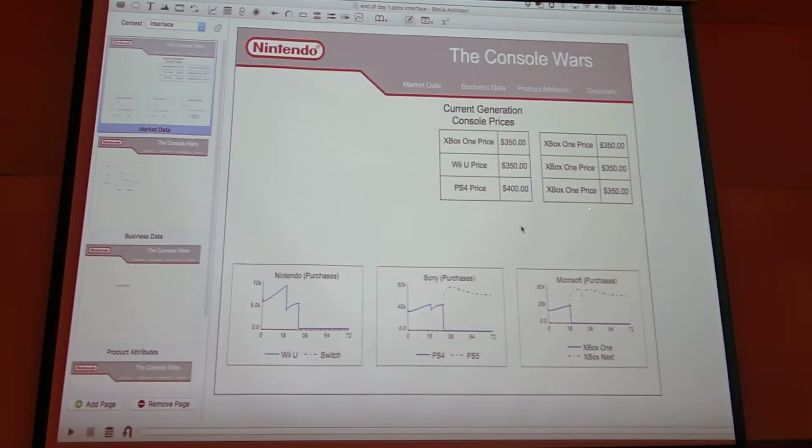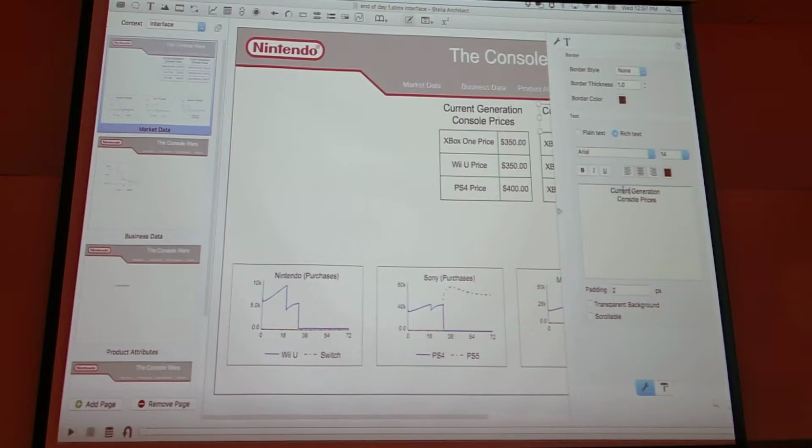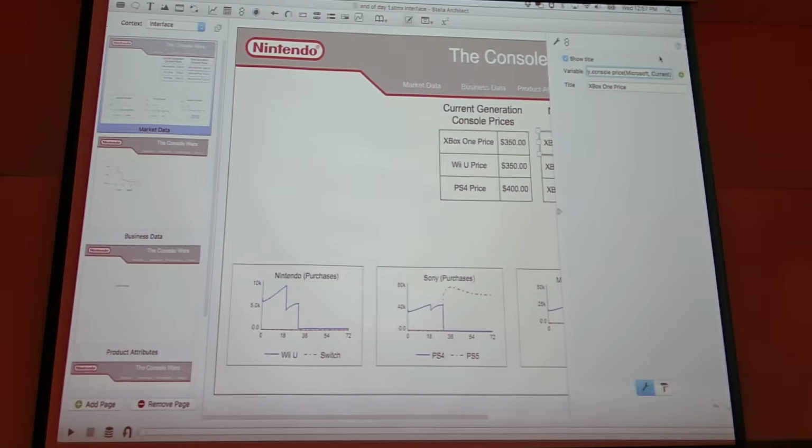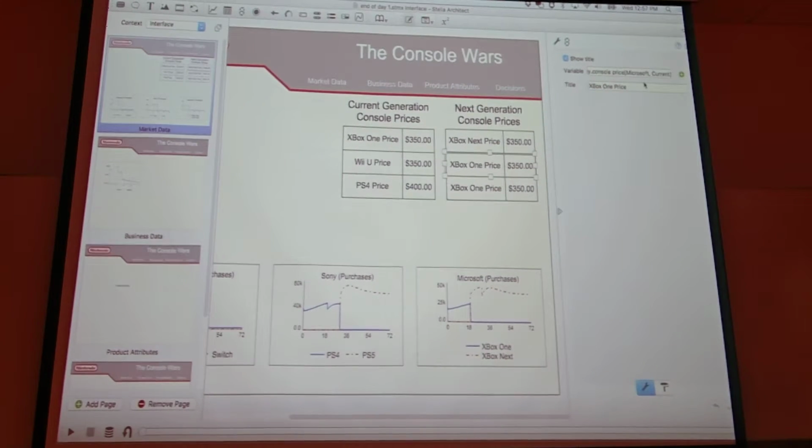We need to do the same thing to this. It's just turning the crank, as I like to say. So first, I'll take that text box and I'll move it over. And I'll call this next. The other shortcut, so you don't have to keep pressing this green plus and going through the pop-up dialog, is just to switch this from current to next. And this is